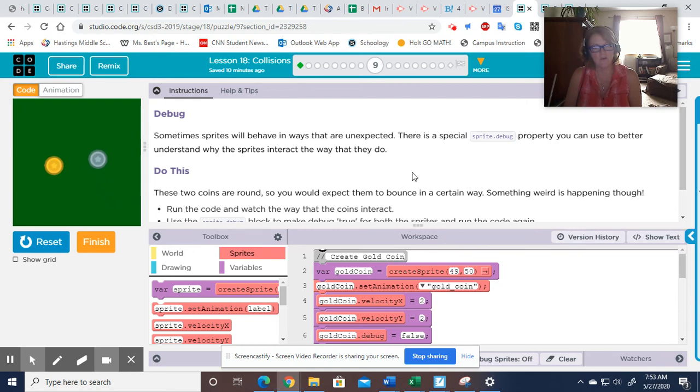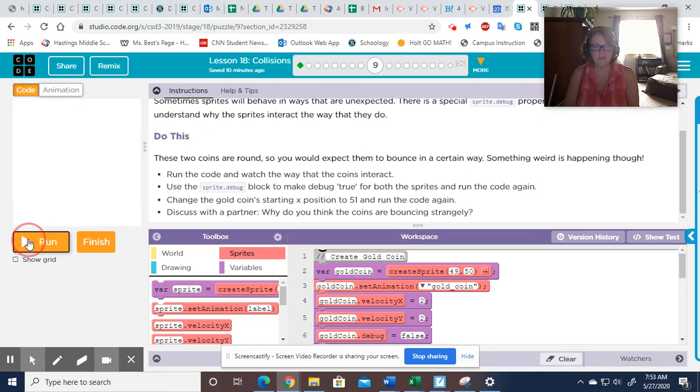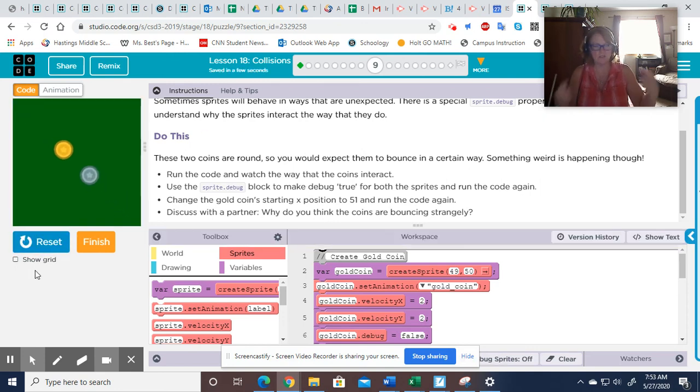Okay, we've got 2 coins, but they're kind of bouncing in a weird way. Okay, we'd expect them to kind of bounce a certain way, but they're bouncing off at some strange angle when it looks to me like they should bounce off exactly opposite. So it says use the debug